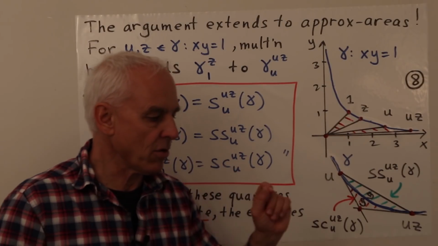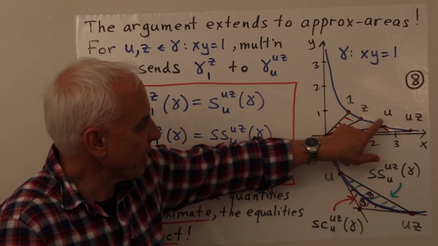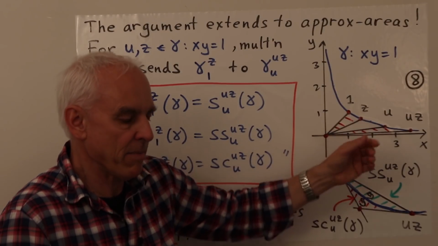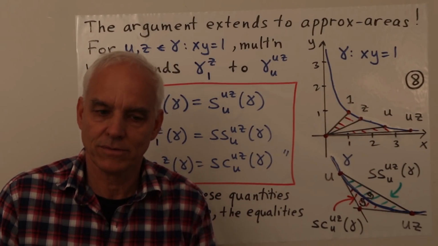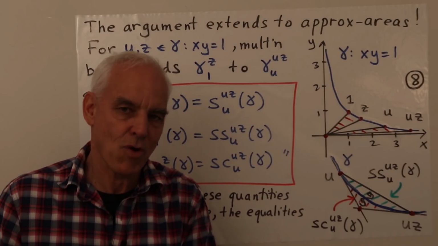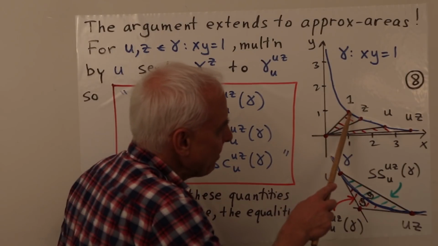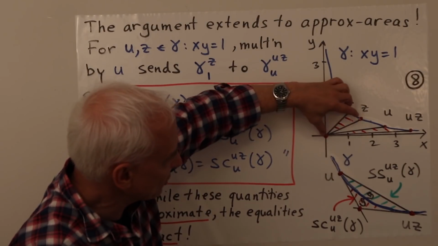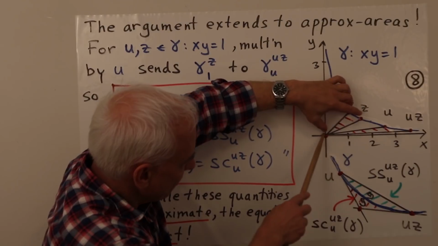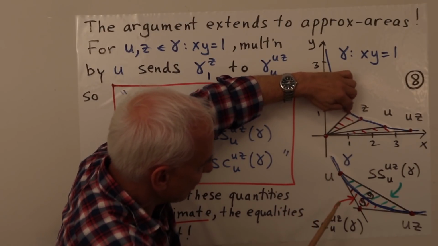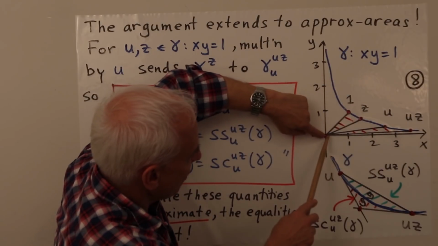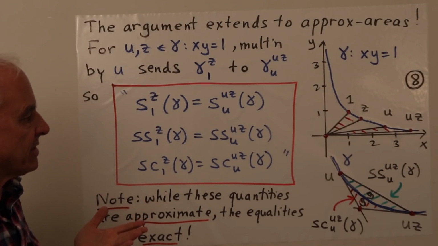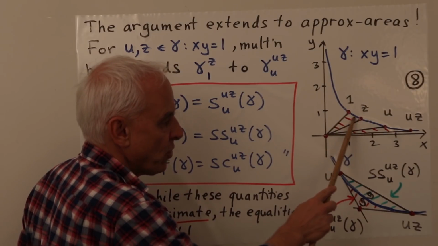So multiplication by u preserves the quadrants. In other words, if a point is on this curve and we multiply by another point on the curve, we are still on the curve because the quadrance of a product is the product of the quadrances. So that means that this segment here is actually mapped onto this segment here. So this multiplication by u has the effect of taking this sort of curved triangle from the origin to these two points with straight lines, and then the curve, to the curved triangle with the origin and the points u and uz. Right? So exactly the same argument is telling us that this signed area, whatever it's going to be,